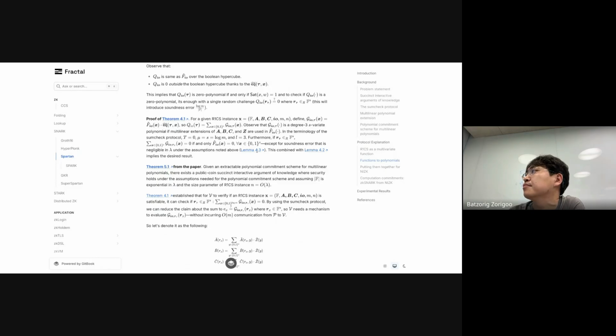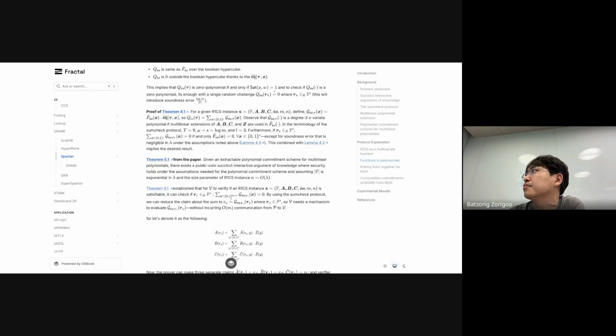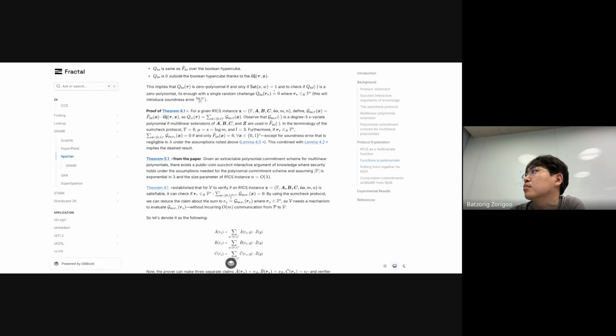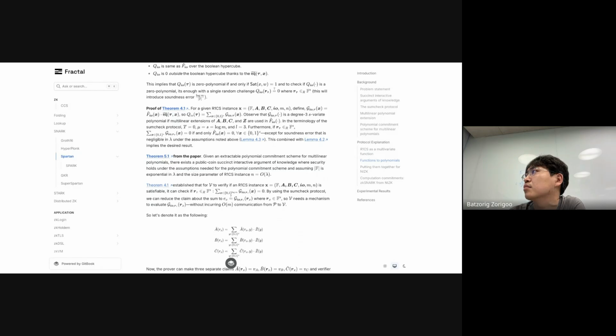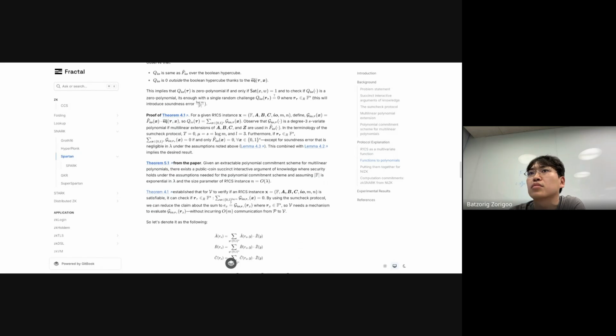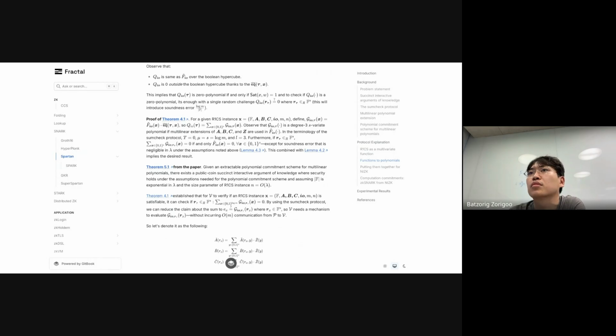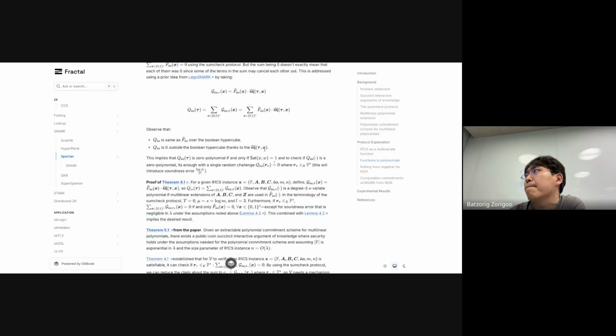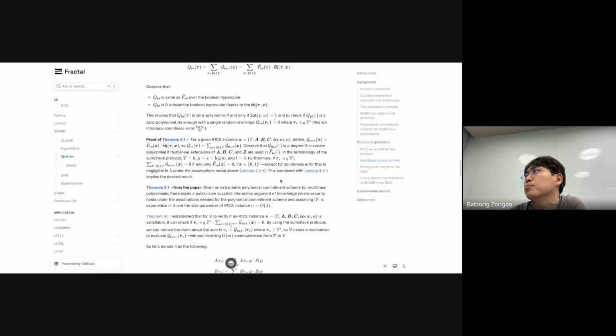So for this, I think the verifier wants to check all possible inputs for the Boolean hypercube, but it is 2 to the mu. So it just turns into a sum check, and if the sum check runs okay, the terms can still be canceling each other, because it's negative. So they just separate it, introducing the